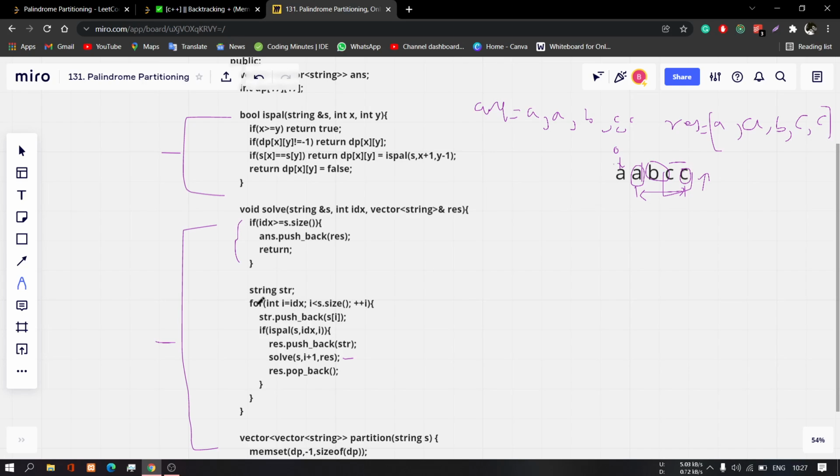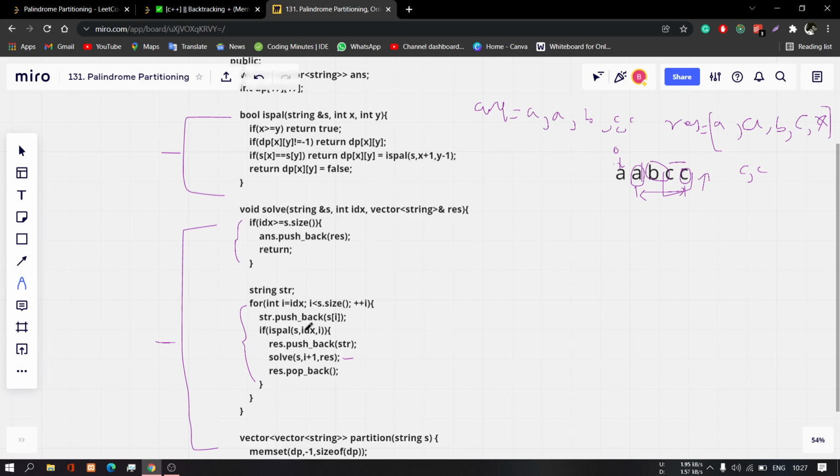Okay, this loop will iterate from first, it chooses one element, then it chooses two elements, then it chooses three elements. If there are three elements, then four, then five, then six, like this. Okay, it is just a simple recursive call. So as we have pushed this single element here, we need to pop it out from this. Okay, so it will get popped out, and it will now check for C and C.